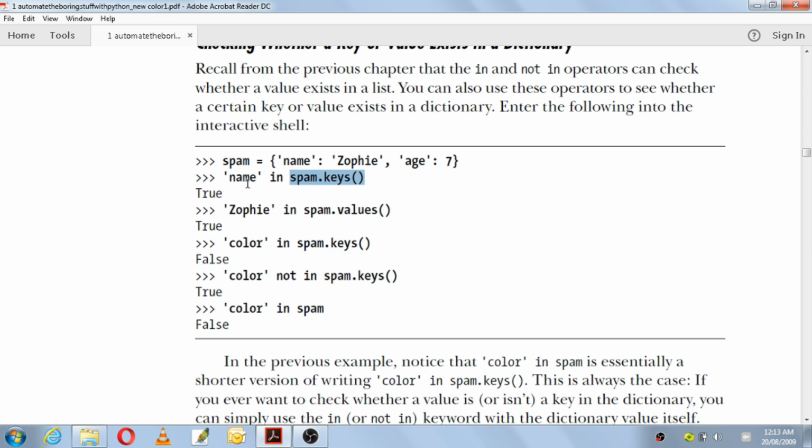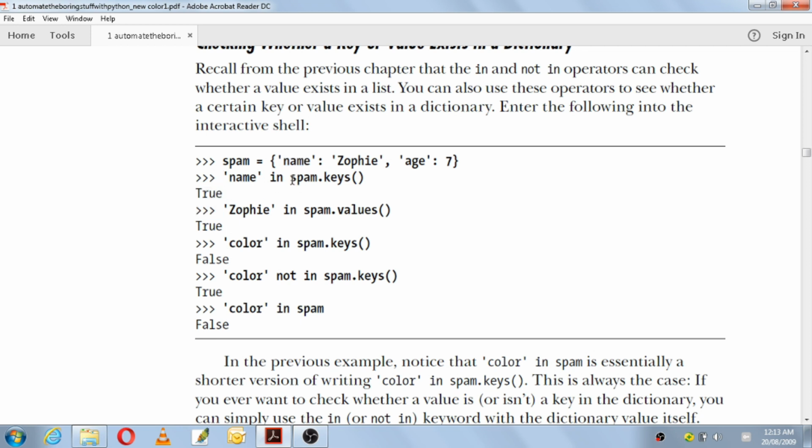Spam is a variable, and with this variable you are making use of the method keys. Keys is a method which will iterate through all the keys in a dictionary, only the keys, not the values. So name is checked through all the keys in the dictionary. The key name is there, so it will show true.